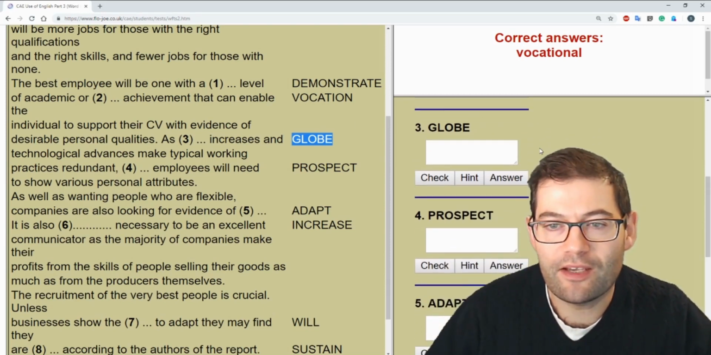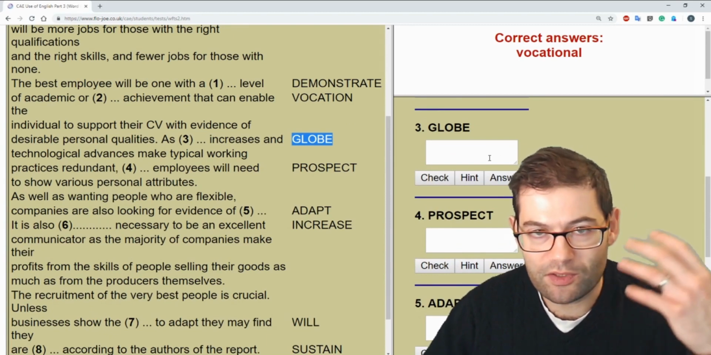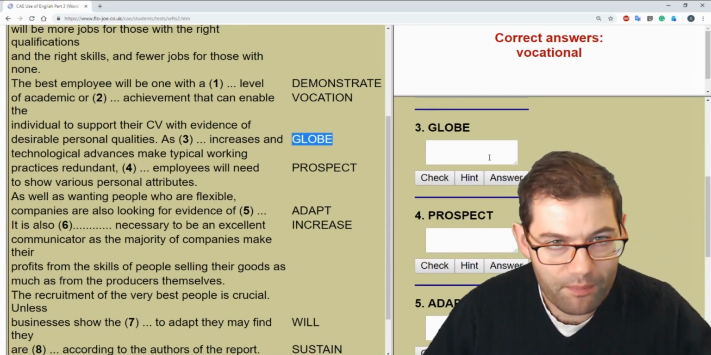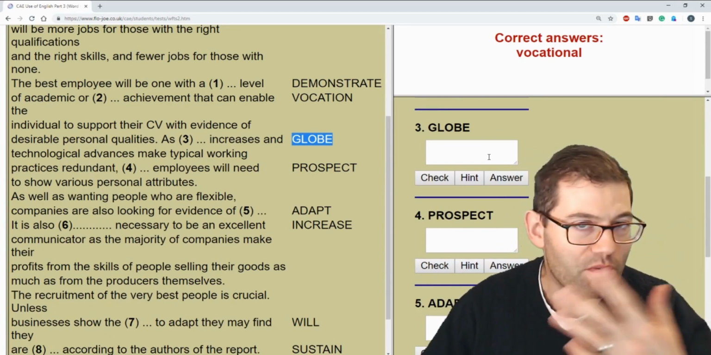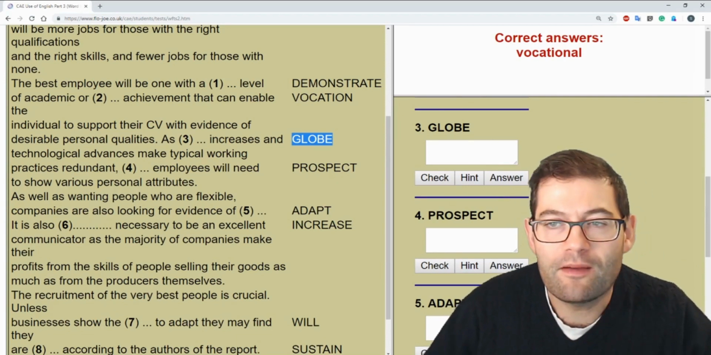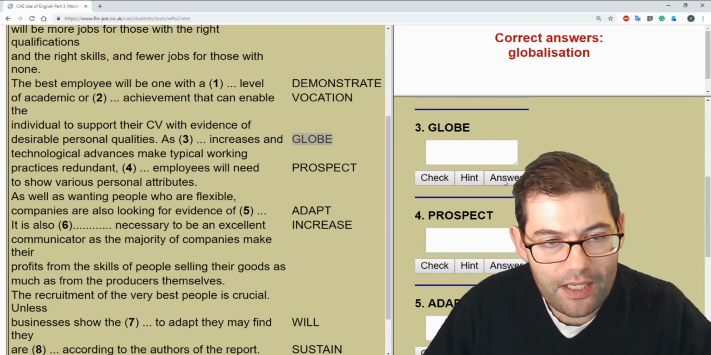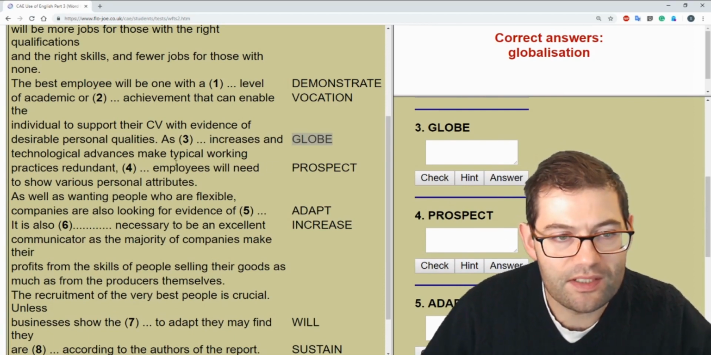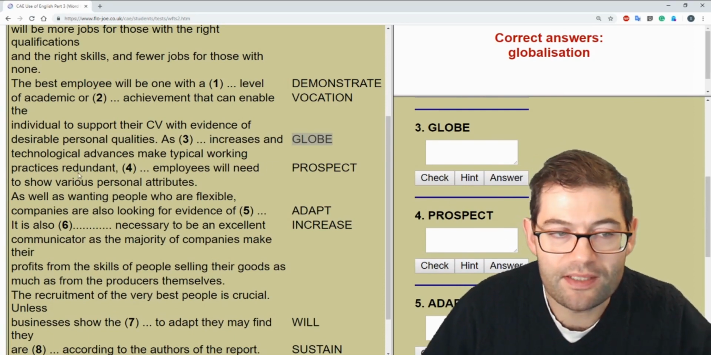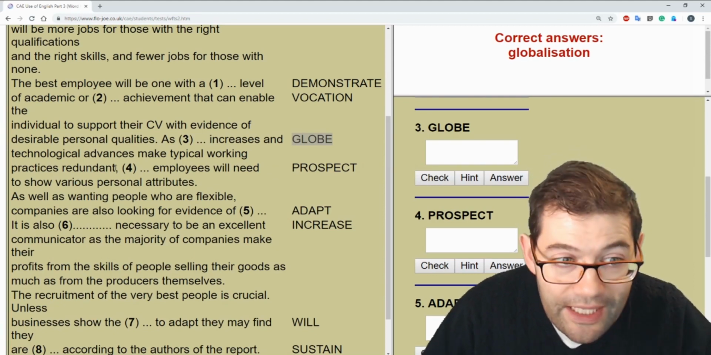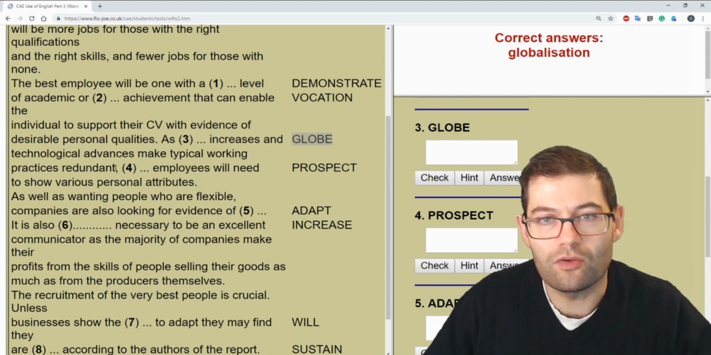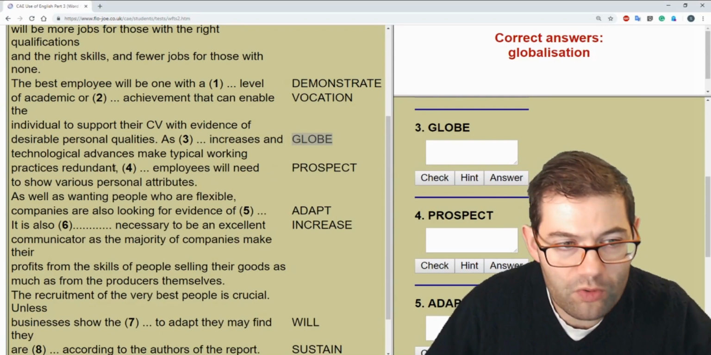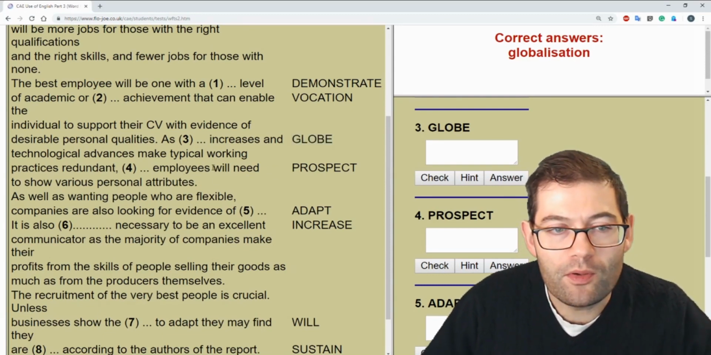And the correct noun that we're talking about is, bearing in mind the context, we're talking about employees, we're talking about big businesses, we're talking about possibilities of the future. The noun that we need is globalization. So as globalization increases and technological advances make typical working practices redundant, in other words, not necessary anymore, or archaic or old-fashioned, employees